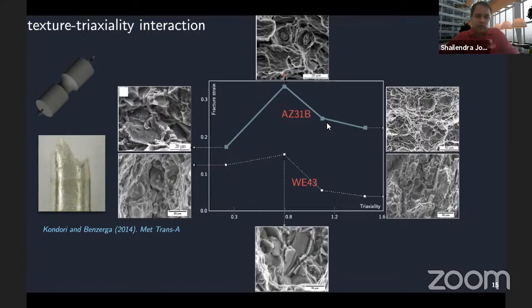But what was very interesting was that a material that is more plastically anisotropic, AZ31, showed higher fracture strains compared to WE43, that is less anisotropic. So the notion that anisotropy could be bad for ductility is clearly not the case. I mean, you can have materials that are anisotropic but possess better ductility. And this was also shown through some theoretical and computational approaches earlier on, but then you can clearly see that in the experiments as well.